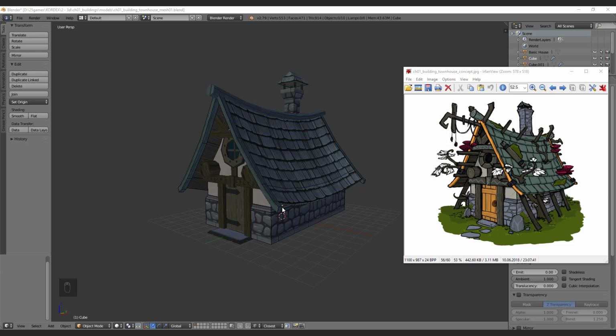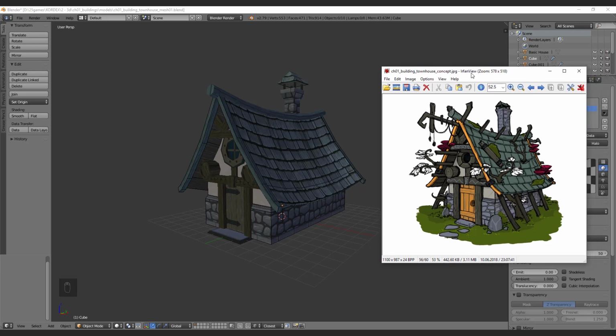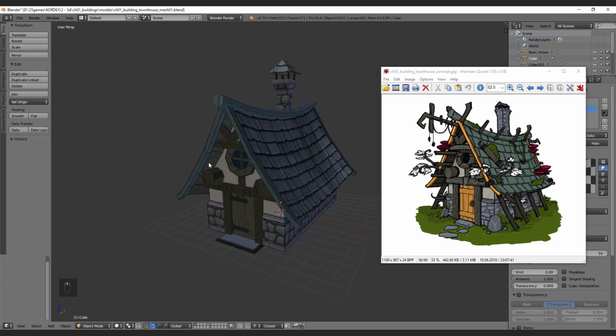So you see this is my concept, and this is my little townhouse mesh, and we need some more detailed stuff like this, and on the backside as well we need all these wood piles, the stones here on the edges, and as well the roof details. This is a little bit, but we need some more time for this. So okay,